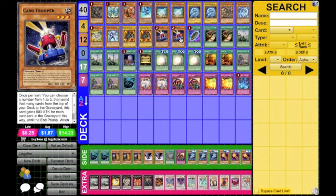And it's also an Earth target for Redox, which Curry Bandit is not. But I'm not a big Card Trooper fan. It's something that can get run over with a Crimson Blader. I don't know. I'm just not big on it. But that is a decent card to be running in this deck, and it's something that's fairly often seen in